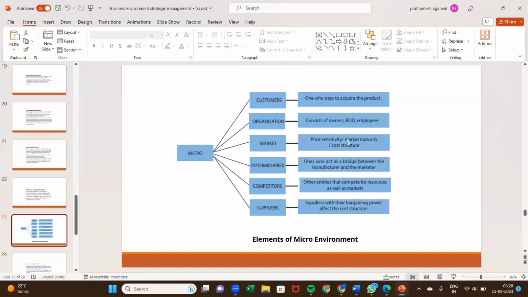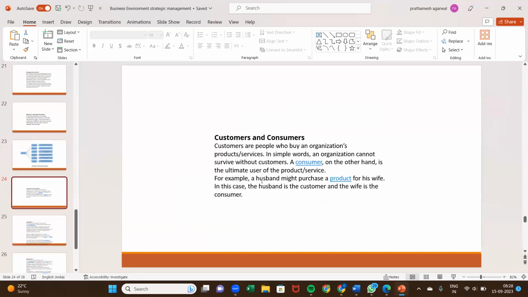Is the market available for the product right from the beginning, or have we created a new market? Then we have intermediaries, means ones who act as a bridge between the manufacturer and the marketer. They may be the wholesalers, they may be the distributors. Then competitors, other entities that compete for resources as well as markets. And then we have the suppliers. Suppliers, with their bargaining power, affect the cost structure. So this is again the highlight of microenvironment. Then we have